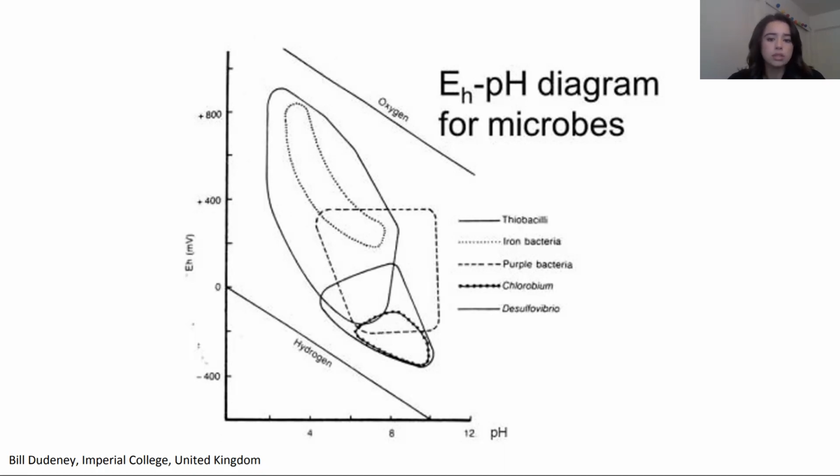So in many industries, a lot of time is spent ensuring that the pH is at an optimal level for their bioprocess. And it's been found that there's also a range for redox, which is a variable that's not as widely considered. Because of this existence of an optimal range, it makes sense that we would try to measure it and understand it just as we do for pH.